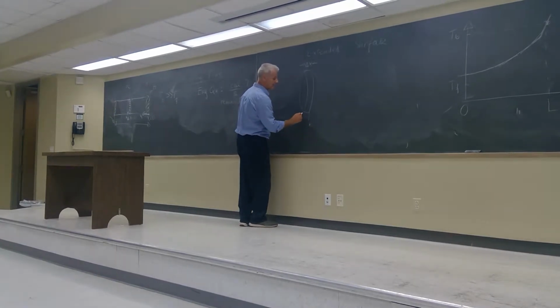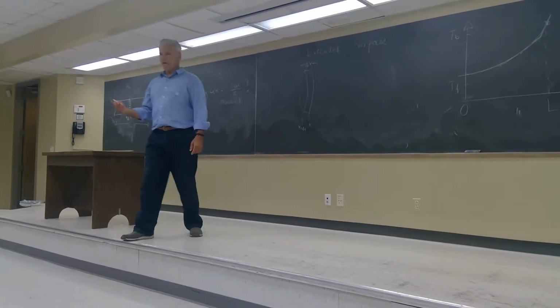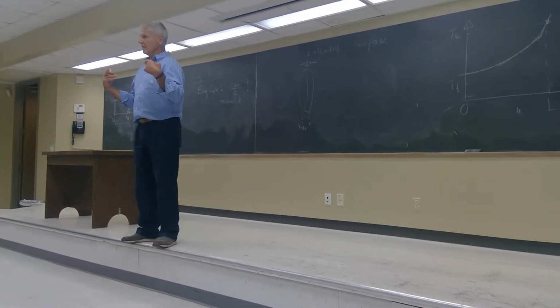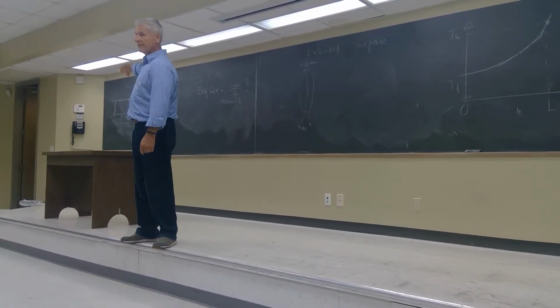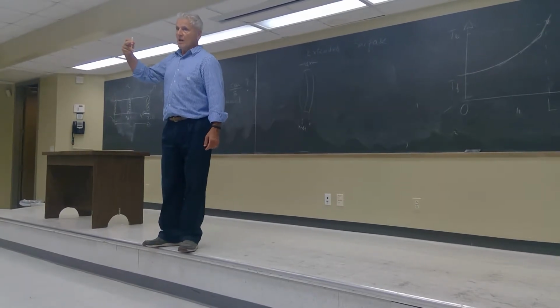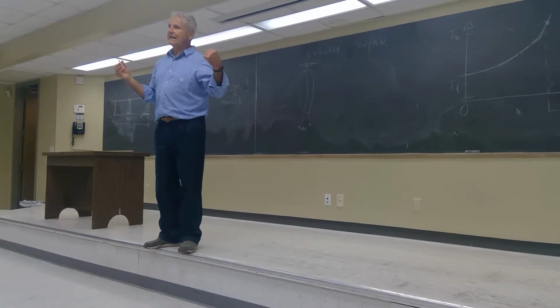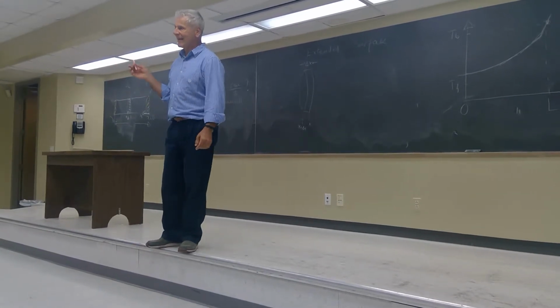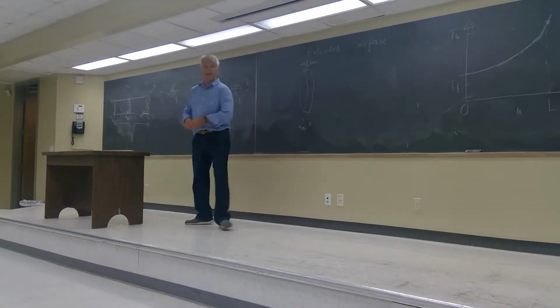This is x. This is x plus delta x. Even though I know that physically heat is going the way I have drawn this, from left to right, it's going this way, I want to write the balance in the direction of increasing x. Therefore, it's going to be